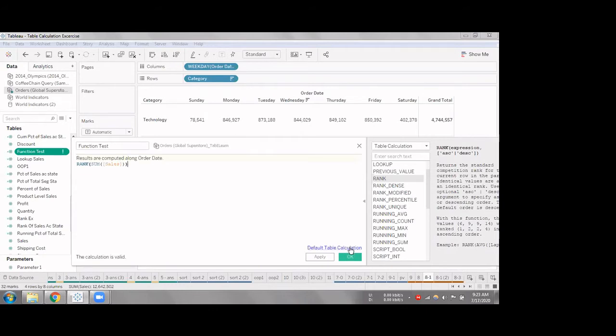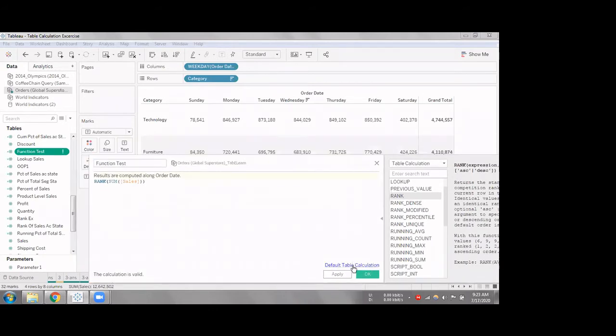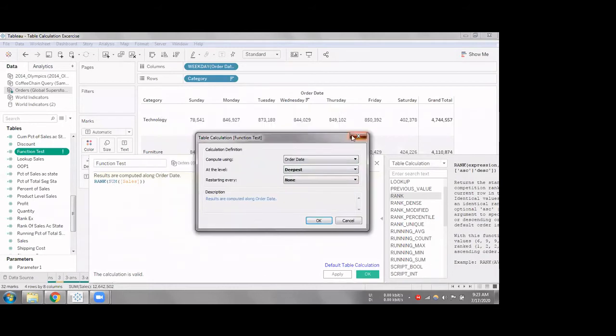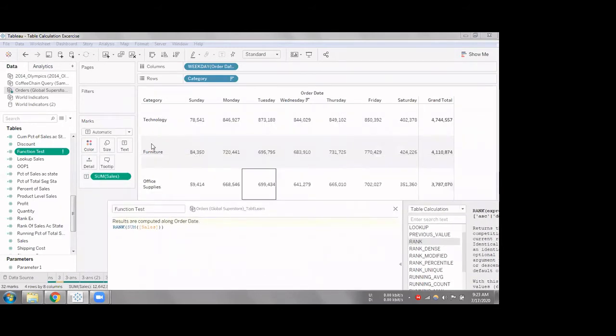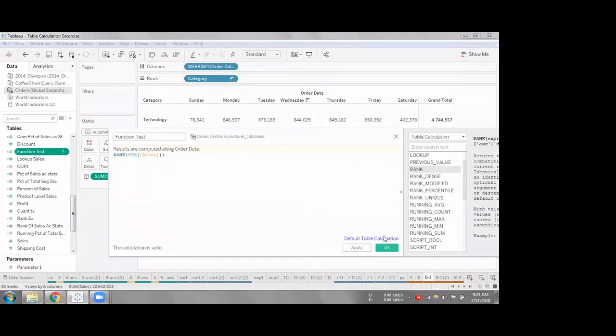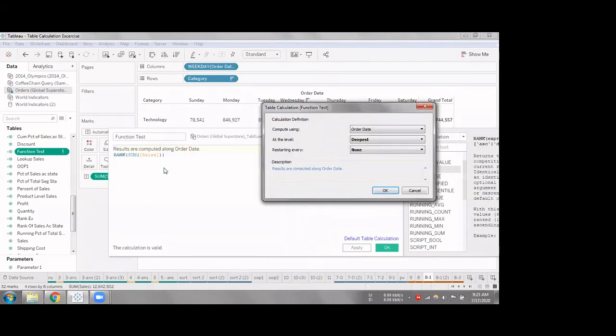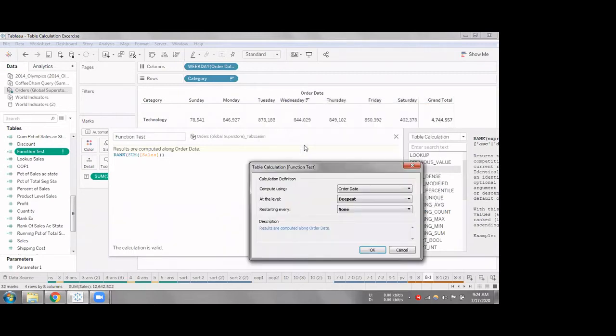Now this default calculation, we can specify. If you see the view, we have two dimensions. One is category and one is the order date. Now we can go here and specify how this rank should be calculated. Since it's a table calculation, we have to specify the direction. So compute using order date. Since we have the day part from the order date in the view, whatever the date part we have in the view, it will calculate based on that.